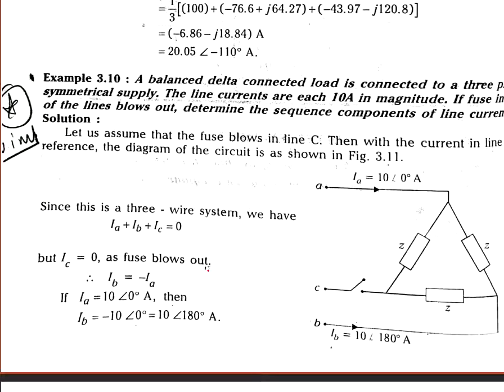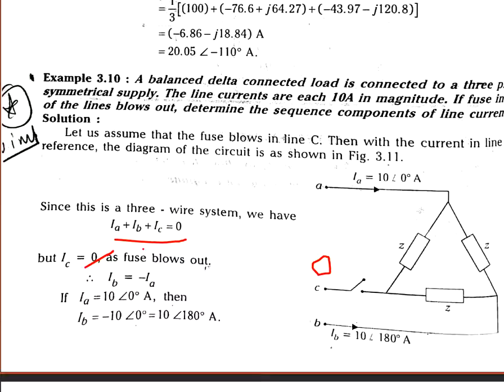As we know, in a balanced 3-wire system, we have IA plus IB plus IC equals 0. This is the case when my C line is connected to the delta system. Now, unfortunately, my IC had been open, so IC becomes 0. Then what is the left out part? IA plus IB equals 0.